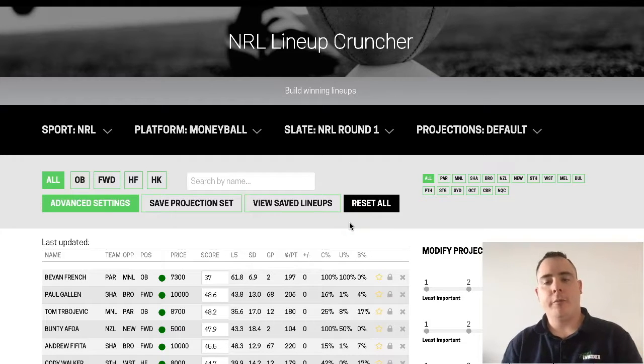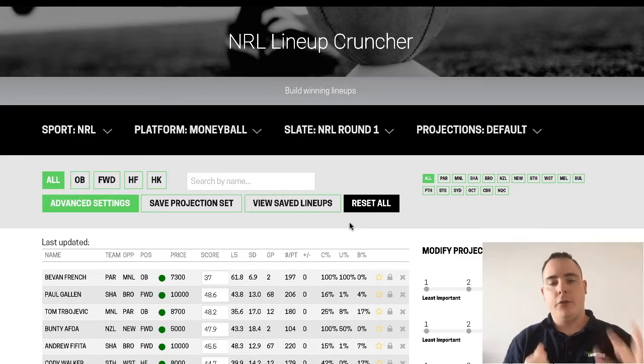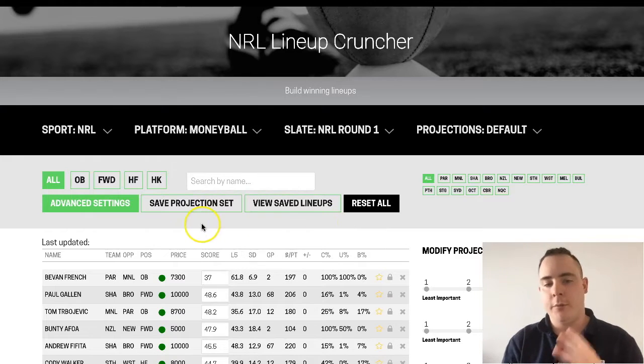So next in our Lineup Cruncher tutorial series, we want to talk a bit about how to create multiple lineups. This is in the case where you want to enter 2, 5, 10, 20 lineups in a particular contest, but you want to make sure those lineups are varied enough to give you the maximum chance of cashing. There's a few ways to do that and we're going to cover them, but we're going to start with the